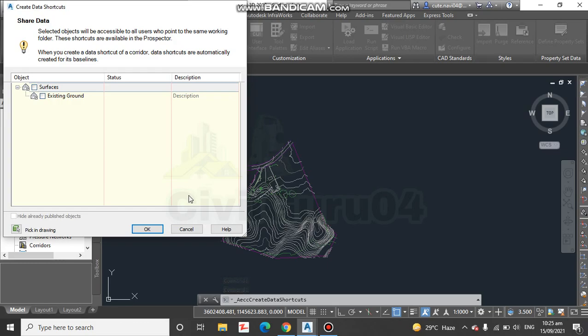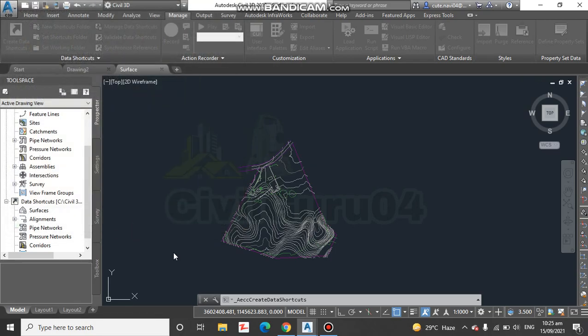The create data shortcut dialog box opens. As you can see on the screen, check the box next to the existing ground and click OK. We are going to make a reference to this existing ground, so we select existing ground and click OK.